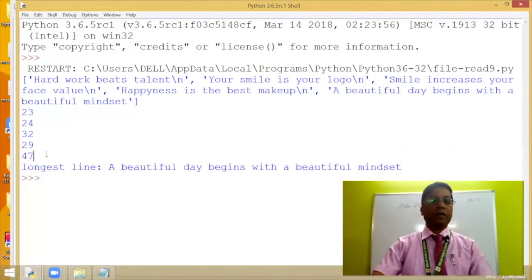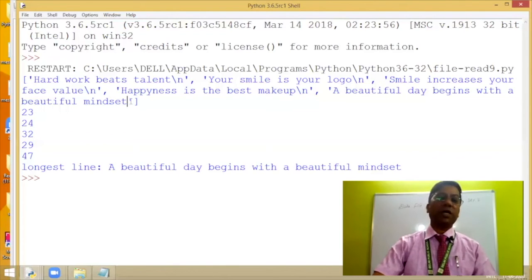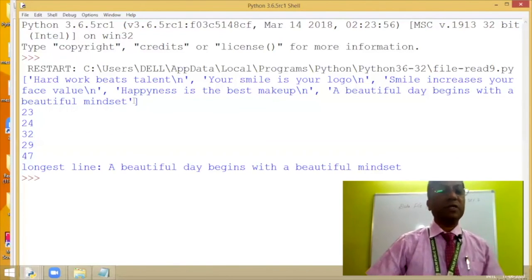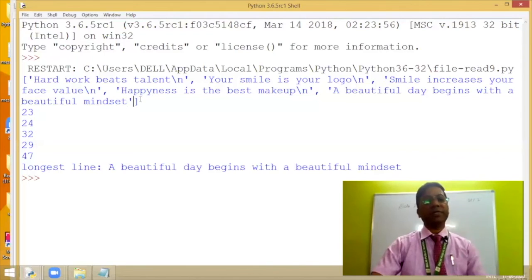Now, let me tell you, when I am calculating the length, it also includes \n. And in the last line, there is no \n. To deal with this one, we have to write the program in a different way, that we will be discussing afterwards.